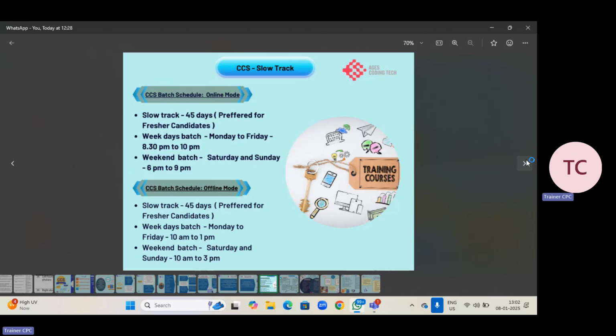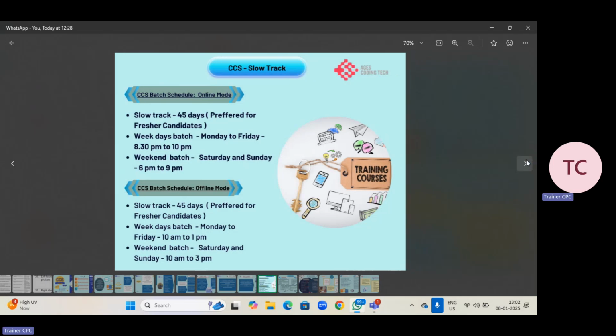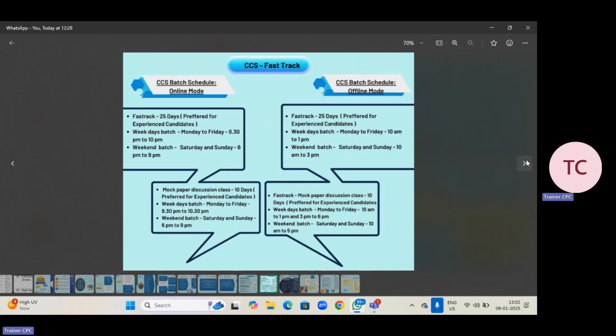So for both, you will need 45 days to complete your course. Whereas some people will say, ma'am, I'm already having experience in coding. I have worked in HCC coding, or I have worked as an IPDRG coder, or as an E&M coder, ED coder, surgery coder. So like that,